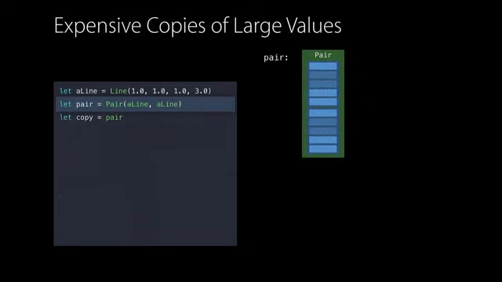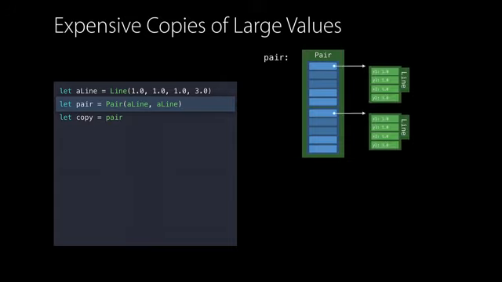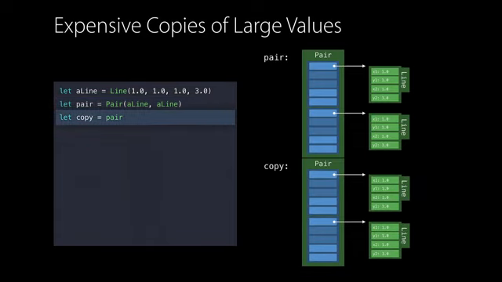So again, we create a line, and we create a pair and initialize this pair with the line. So we have 1, 2 heap allocations. And then we create a copy of that pair, again, 2 existential containers on the stack, and then 2 heap allocations. Now you might say, Kyle just told us heap allocations are expensive. 4 heap allocations? Can we do anything about this? Well,